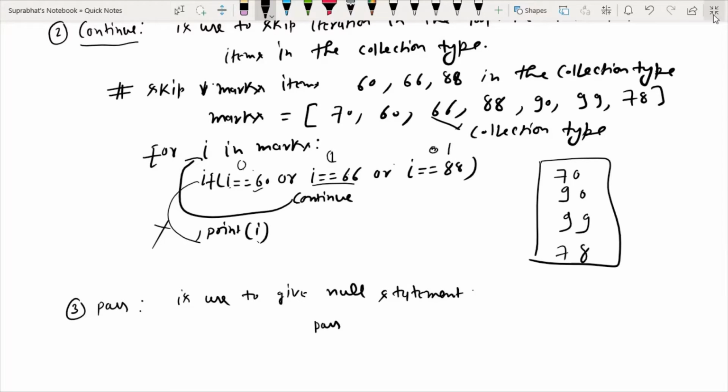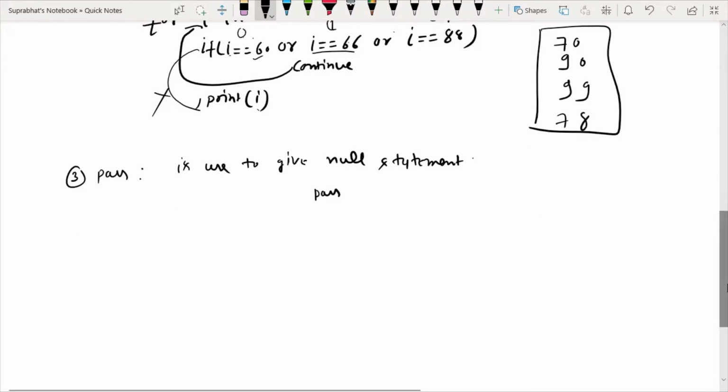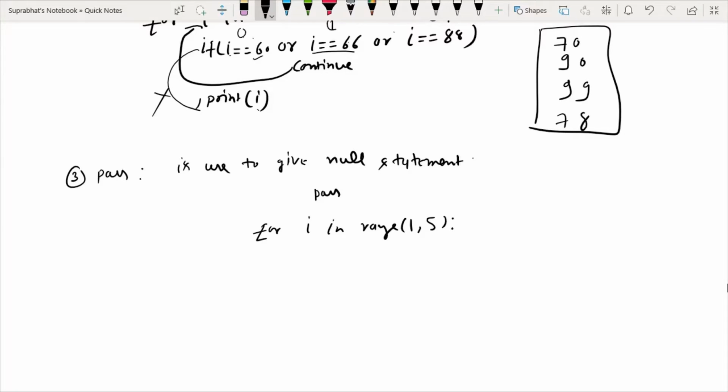For example, I am giving the example so that you will understand this better. For example, I have taken for I in range 1 5 colon, and here I have simply typed pass.